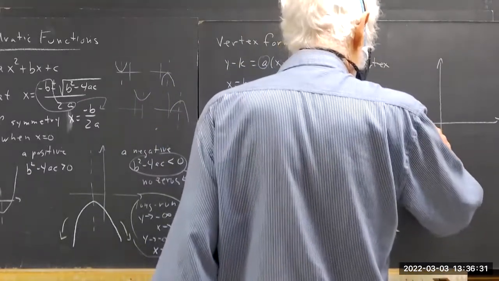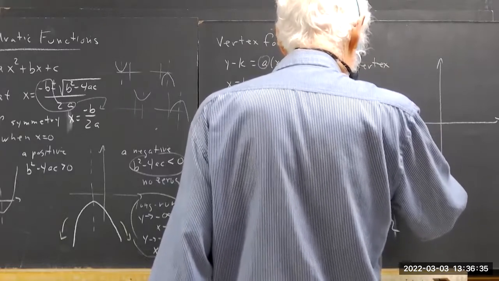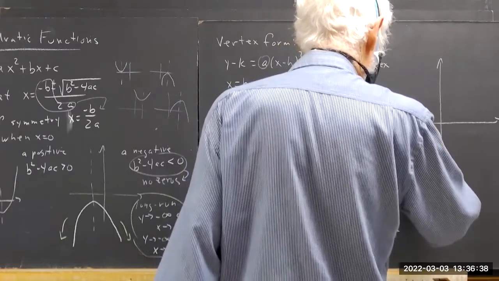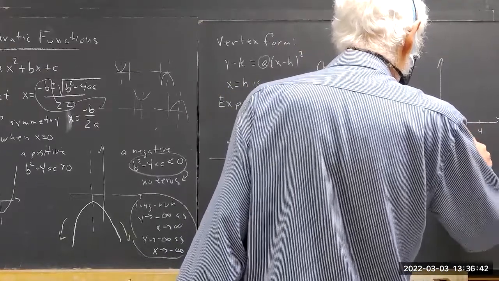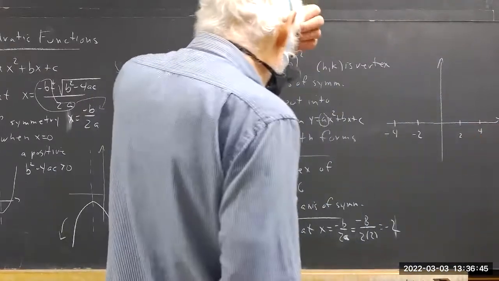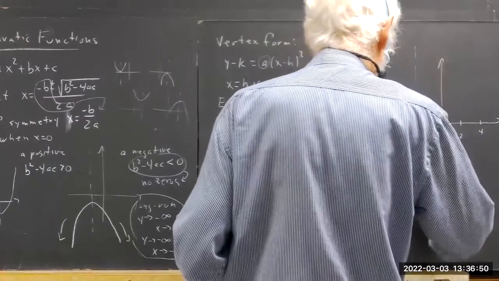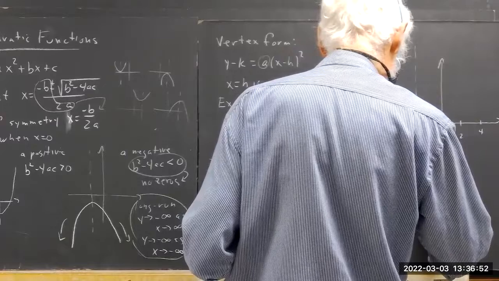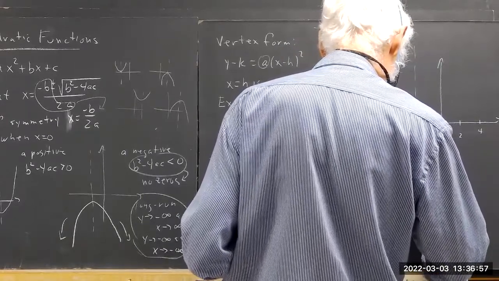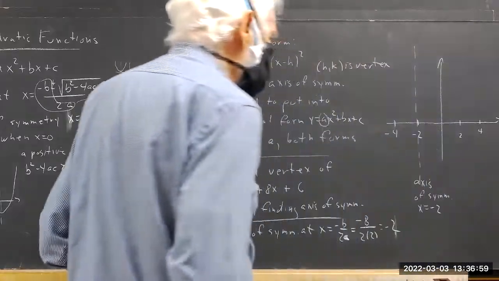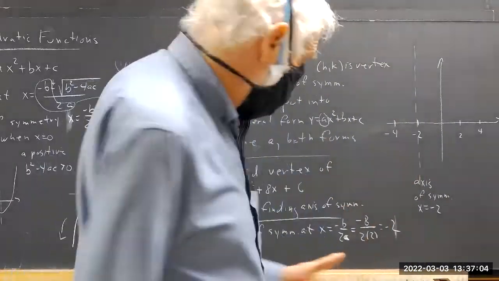Okay, so let's put negative 4 here. Negative 2 will go here. 4 can go here. 2 can go here. We're not going to need those. Okay, so now we know that the axis of symmetry is here. We know the vertex is on the axis of symmetry. So the vertex